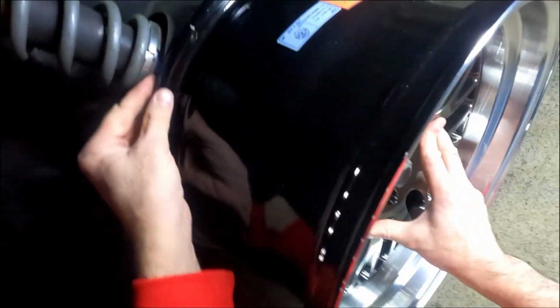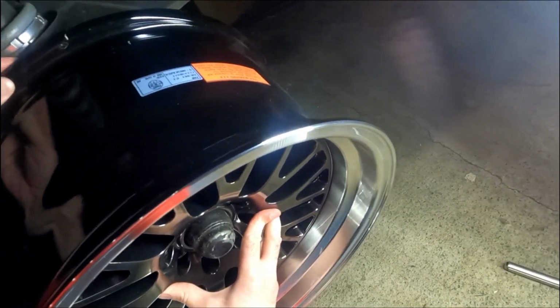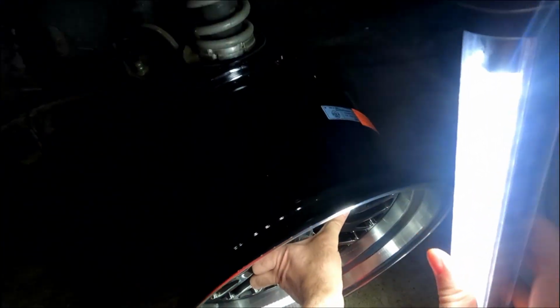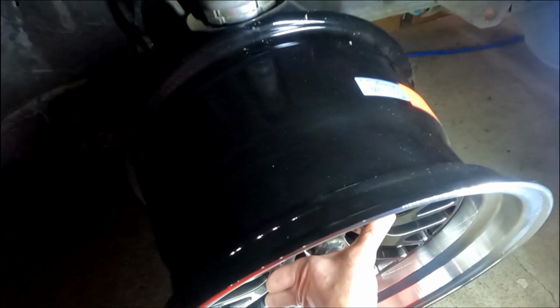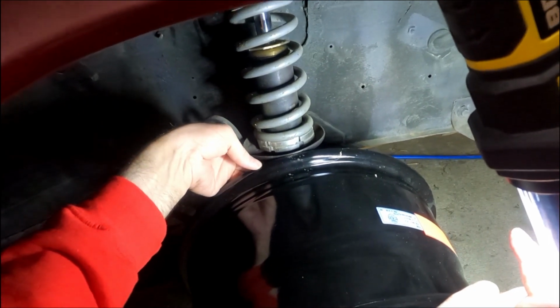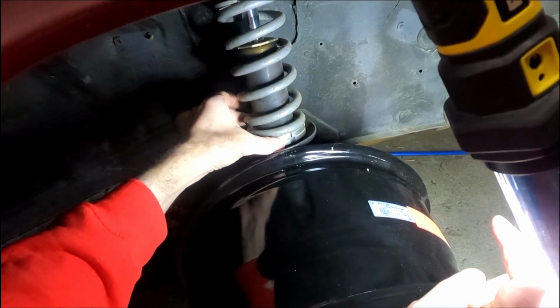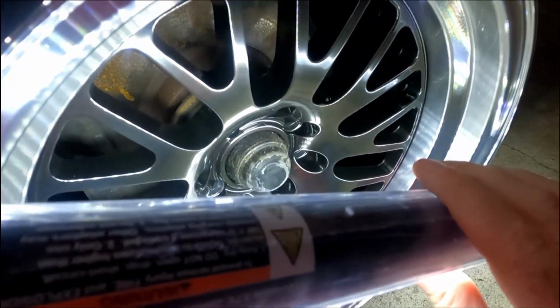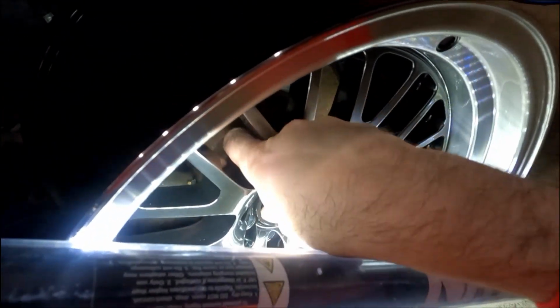It's on there, but look at that. It touches. Just barely. But it touches the lower spring perch. Pretty close to being flush. So